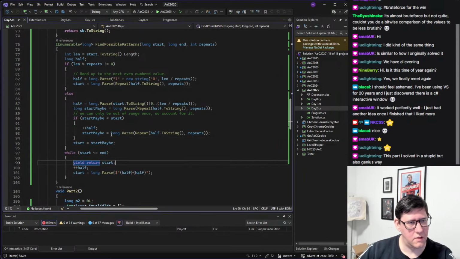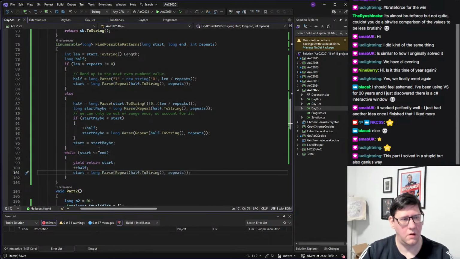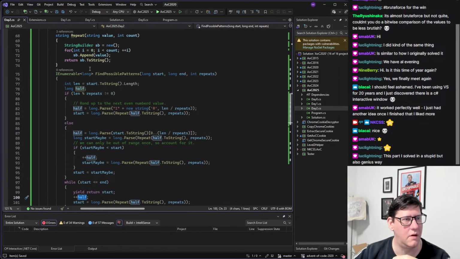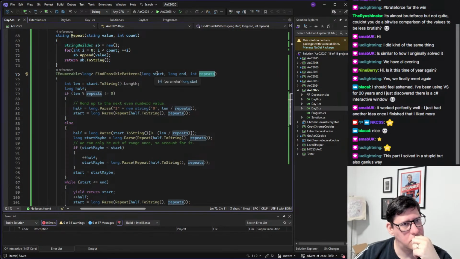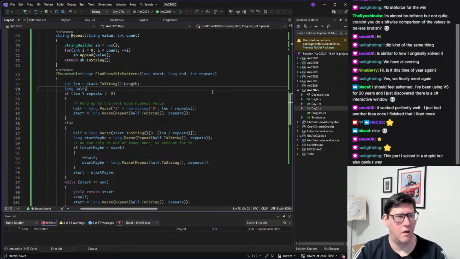And this is still the same as this. The only thing that I need to do now is make sure that half doesn't become longer than the desired length. So we do